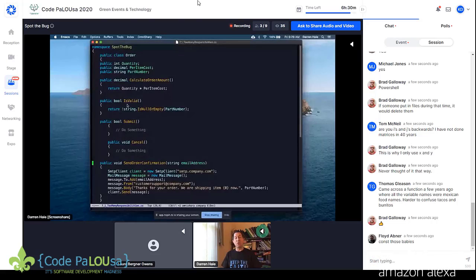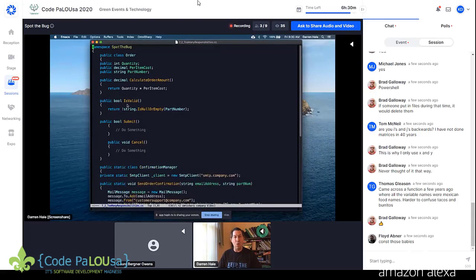Now, all of a sudden, you're going to see a send order email confirmation method. You're going to see a send order text message confirmation. Then you're going to see a send order confirmation that does the switching logic on whether it's an email or a text message, and then calls those two. All of a sudden, your order object is getting really, really big, doing things that it really shouldn't be doing. So the right way to handle that, obviously,